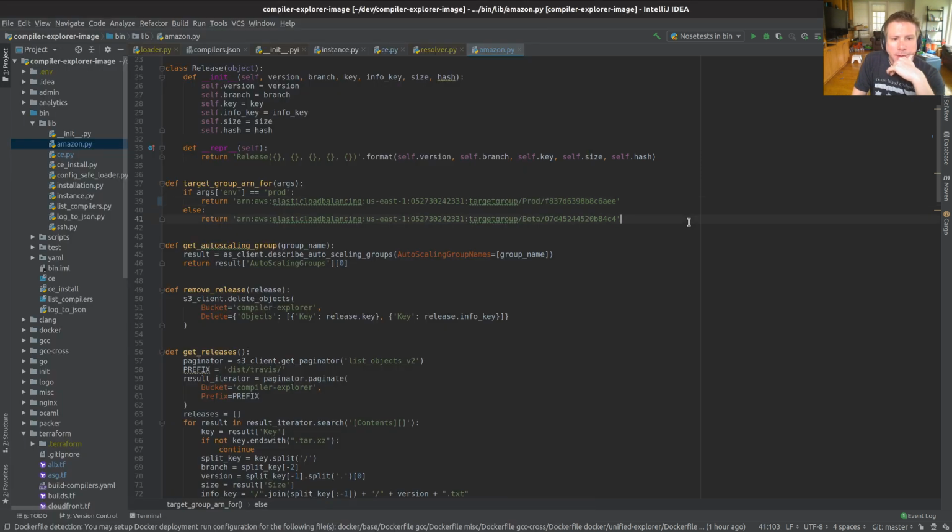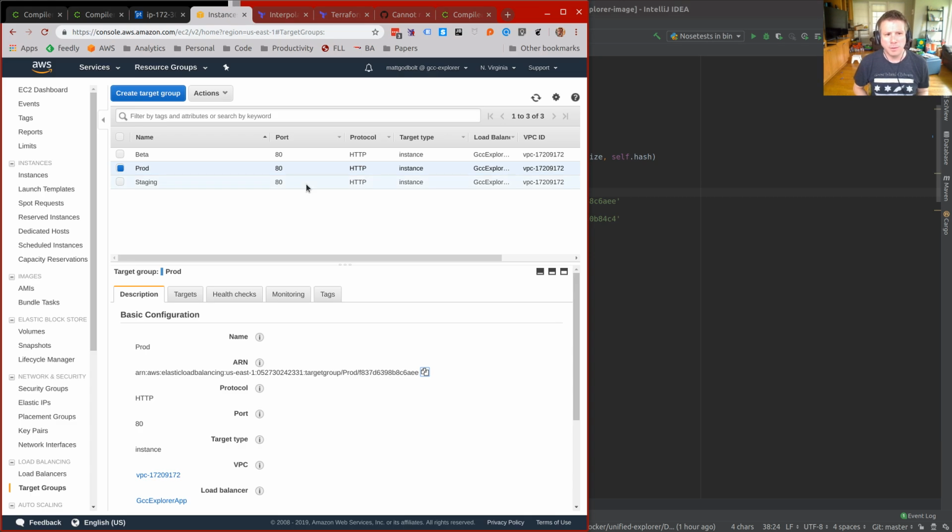You know, like target group ARN4. We should fix this the right way, shouldn't we? Yes, you're right. So what we need to do then is enumerate all of the target groups and find the one that matches. Now it looks like, unfortunately, the env here is in lowercase, but we can fix that. We can use a case-insensitive comparison, which I'm kind of cool with.